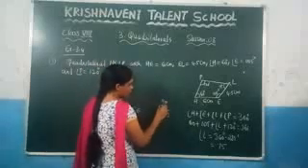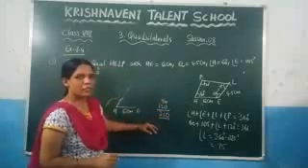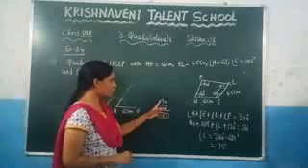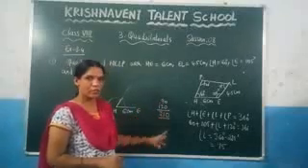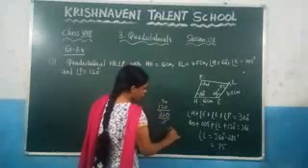What you will get? You will get 90 plus 120, which is 210, right? And if you are taking the perpendicular bisector, that means the angle that lies between 90 and 120, you need to check. So if you divide this by two, what you will get? You will get here 105.